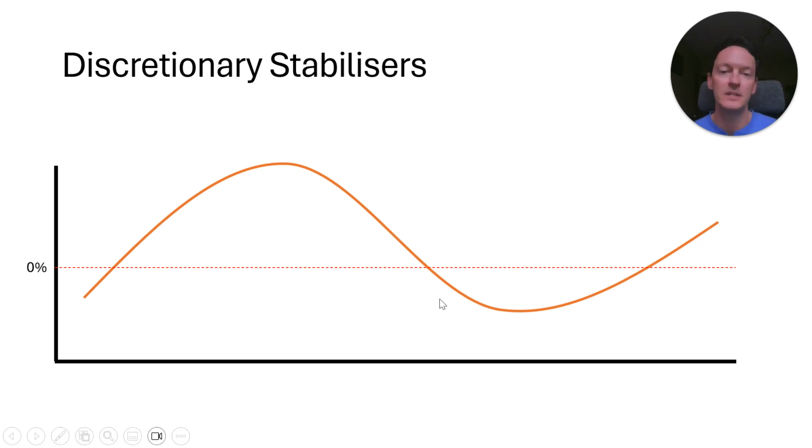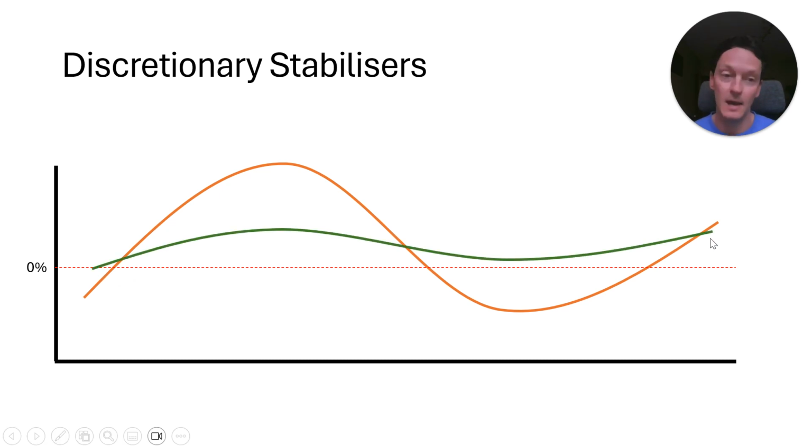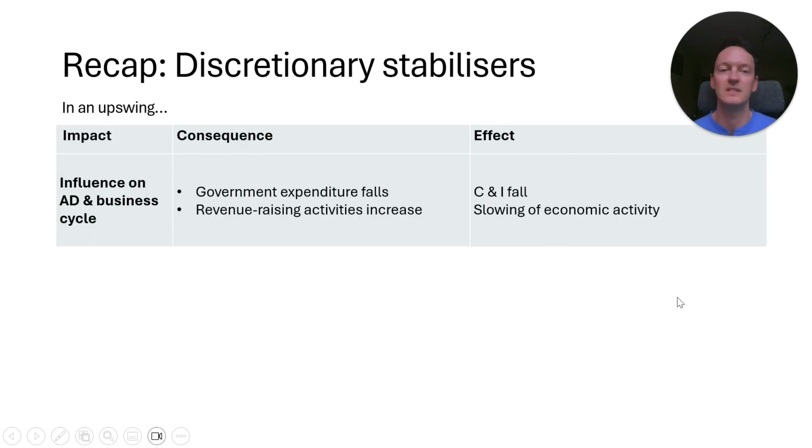Now with discretionary, the idea is very similar. So obviously we have here the peaks and troughs. The government wants this to happen. And if they were to not have discretionary stabilisers and just leave it up to the automatic, they would still be able to flatten out the business cycle, but not to the extreme level that they want. So discretionary stabilisers, don't forget, are the specific government policies. This is the easier one to understand, if I'm going to be completely honest. It's the automatic that sometimes can be a bit tricky, because this is just in an upswing.